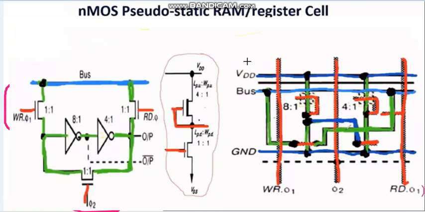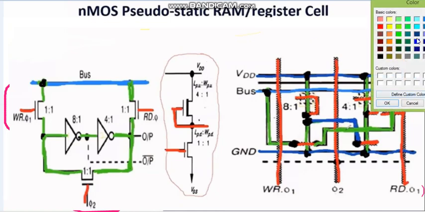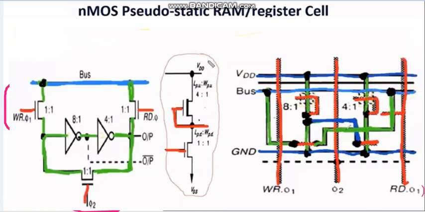Actually, another important point I forgot here: VDD. Whenever you take VDD, we always mention it with metal. This point we have not mentioned, so we cannot see the VDD point here. When we go for an NMOS inverter, there must be VDD and a ground. That is what we have taken, VDD and the ground, and both are metal here.